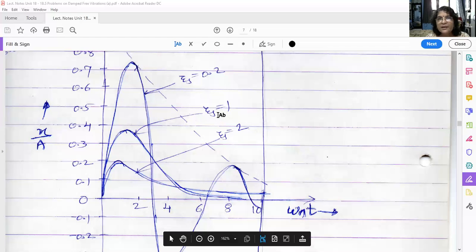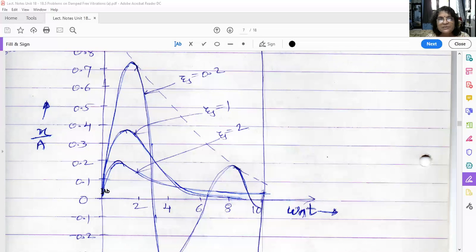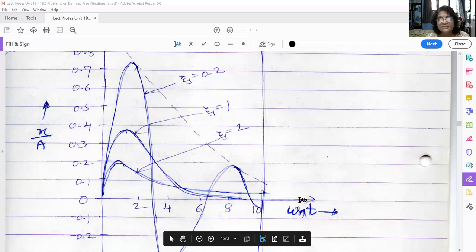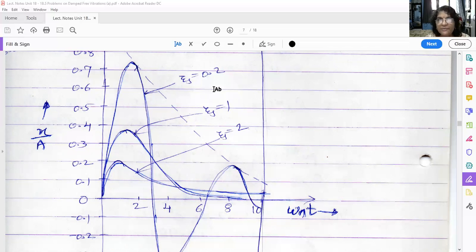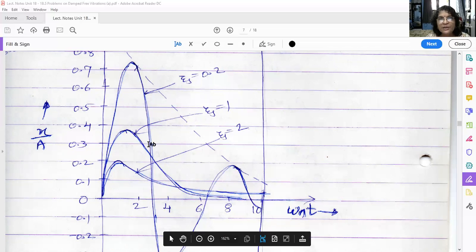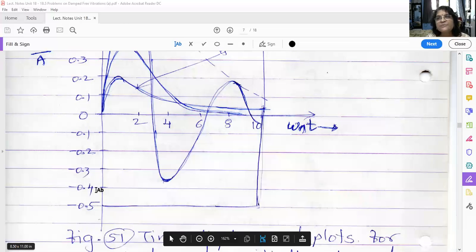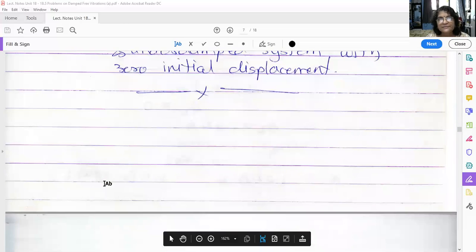What is the graph for the critically damped system? Zeta is equal to 1. Once the system will be disturbed and will come here at the maximum displacement, then it will be coming to the rest position in minimum possible time. That is a critically damped system. And what is the third case? Zeta is equal to 0.2. That is the case of an under damped system. Once the system will be disturbed and coming here, it will be having vibratory motion. And in each cycle, there will be reduction, and finally it will come to the rest position. So this is the time displacement plot for all three cases.